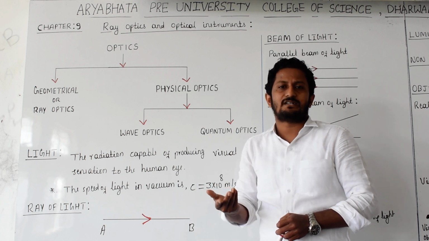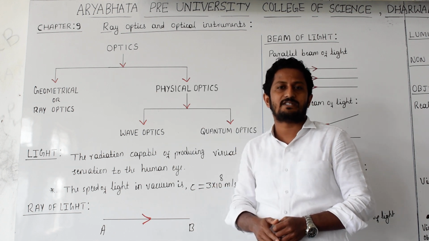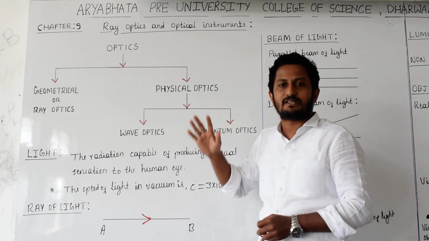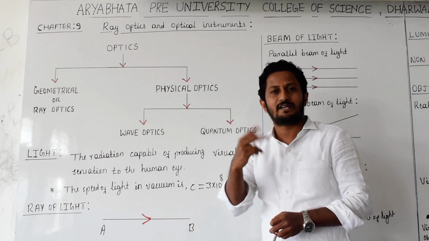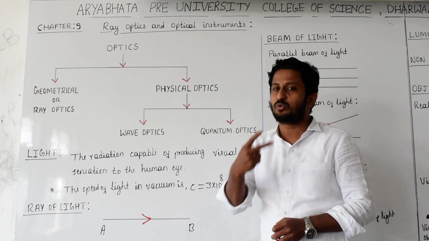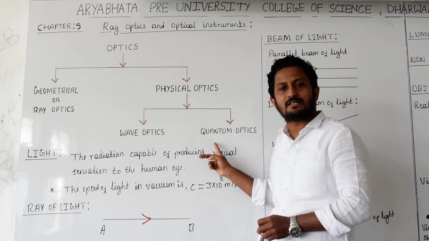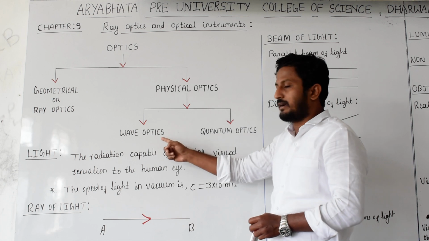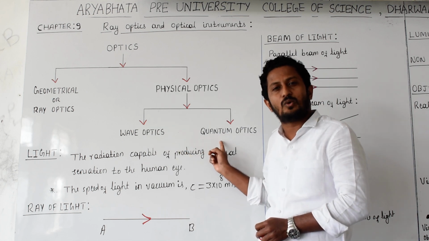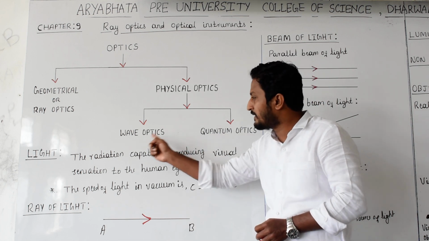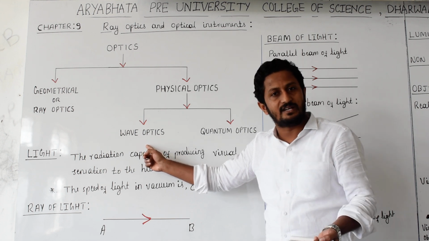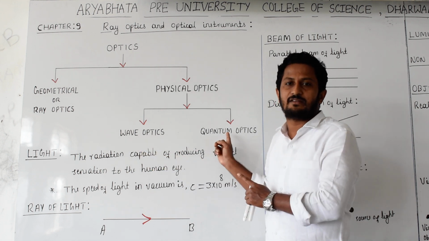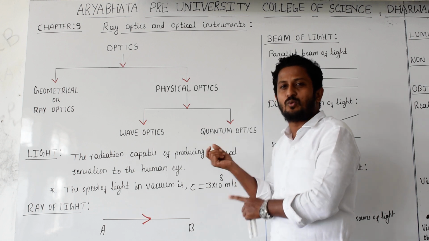Depending on this dual nature of light, the physical optics branch is again subdivided into two branches, one as wave optics and another one as quantum optics. In wave optics we study the wave nature of light, and in quantum optics, quanta,